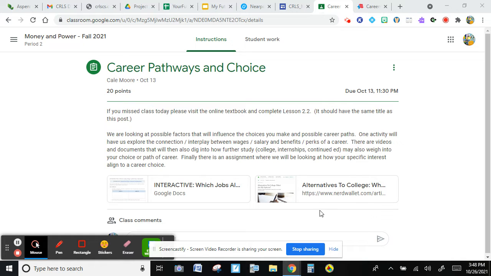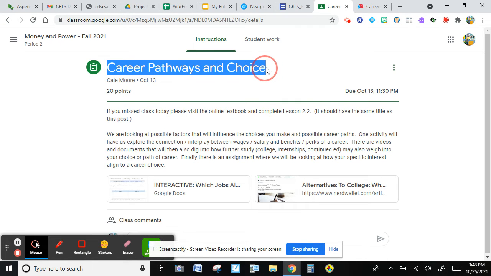Hey y'all, this is just so you know how to do the career research. So you're going to look up on our classroom the career pathways and choice post, and this interactive would be really helpful because then you can use some of that earlier research that you've already started. But once you have that, you're going to pick one of those careers that you chose or a different one